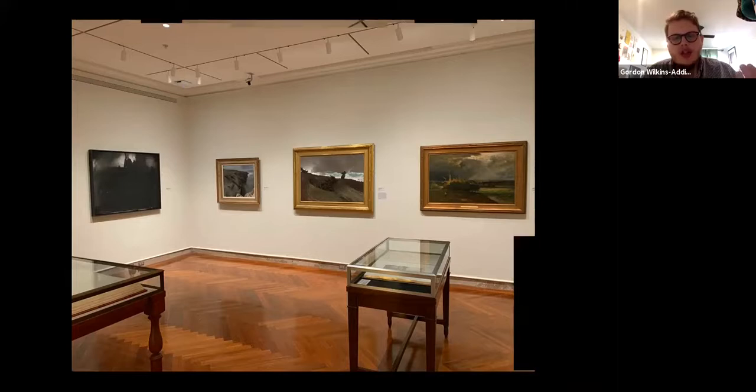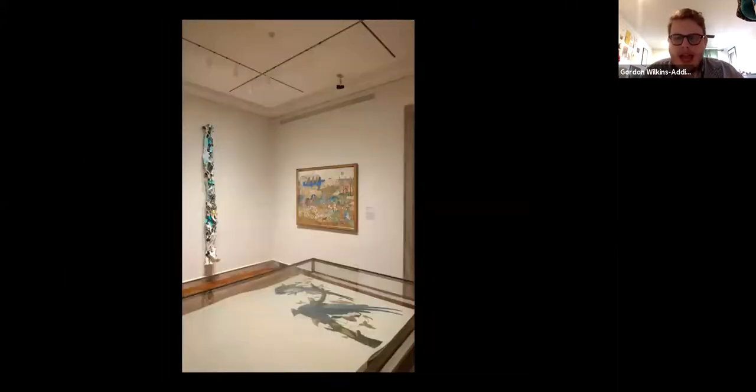And this is, again, an approach that would not be necessarily taken by other institutions. And we have a lot of flexibility at the Addison. We're a smaller museum. We also have an incredible collection to work with. And because of that, it's a wellspring of different ideas, and this almost never-ending resource of fresh installation. So we never have permanently installed galleries. That's never been part of the Addison's identity as a museum. We operate almost like a Kunsthal in the sense that we change everything constantly, but have this incredible permanent collection